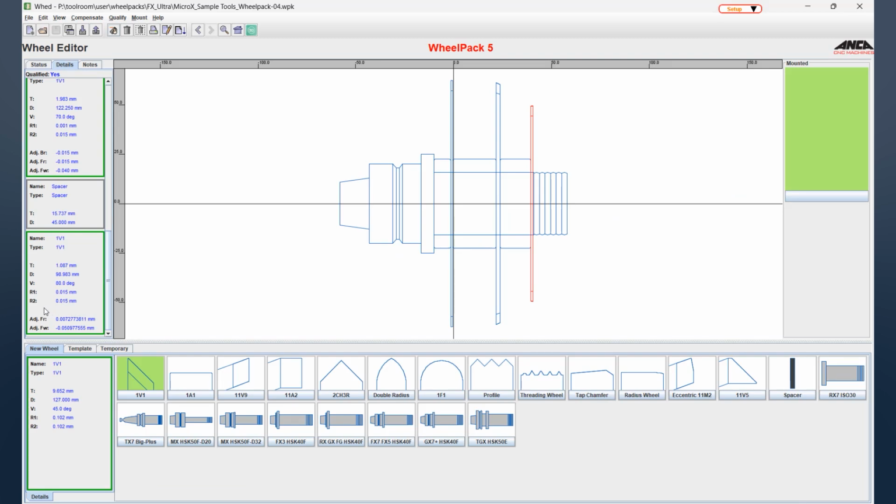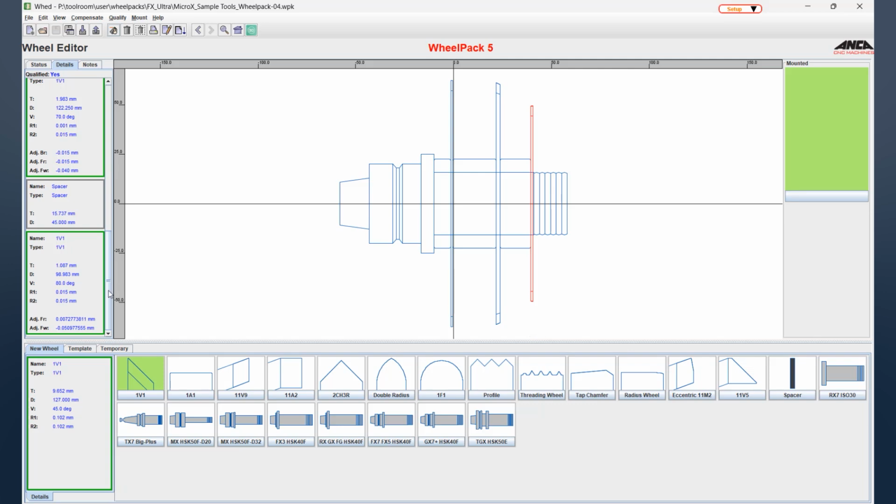Particularly something which I want to talk about today is the adjustment value. As you can see here, it looks like these values are not manually entered. These are the values applied by the machine. For example, maybe this wheel is used for grinding the OD of a tool, and the laser OD SPC has actually compensated the wheel diameter and the front face based on the compensation values set in the operation.